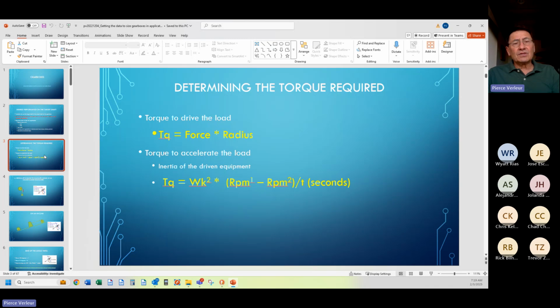The wider your load is dispersed on a radius centered around the shaft that you are turning and applying the torque, the greater the torque to accelerate that load. Once you get that load to speed, this second formula goes away, and we're now back to the first formula. But this second formula can be very limiting in terms of sizing the gearbox, especially if T is very small, because you can see T is in the denominator, and therefore it's inversely proportional to torque,